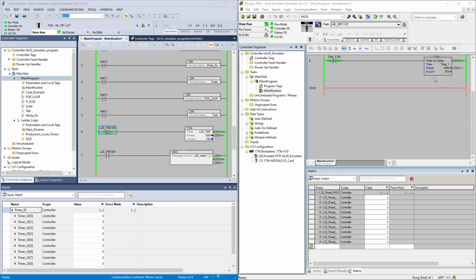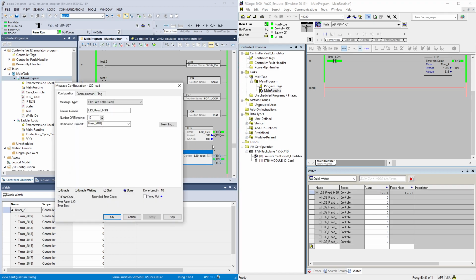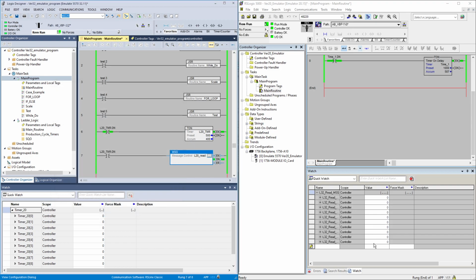And what we are reading? Let's open this. We are reading this double integer array L32 read message, and we are putting it into timer 20 from 0 right here till the length of 10. Or let's say put here 20, and let's see what effect it does. 200 here on the 9th is coming in,